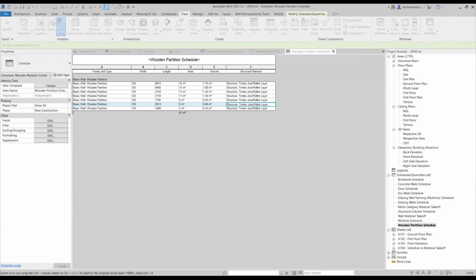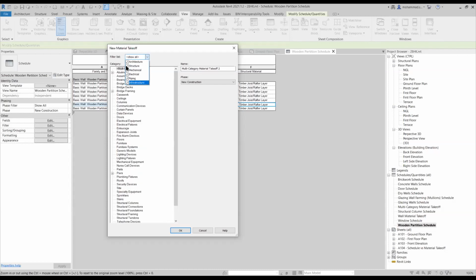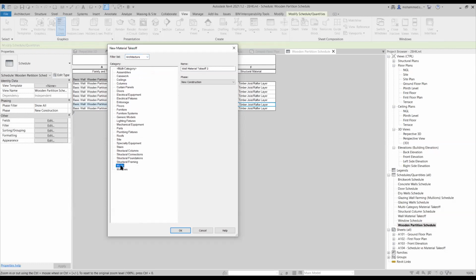And as you can notice, this material takeoff dialog box looks similar to the dialog box which we used for getting the schedules. Here we are also getting categories according to discipline. I'm going only for architecture discipline, or we may also switch to other disciplines, and more families will keep on adding in this case, as you can notice here. I'm only going for architecture discipline, and I'm going for the walls option.